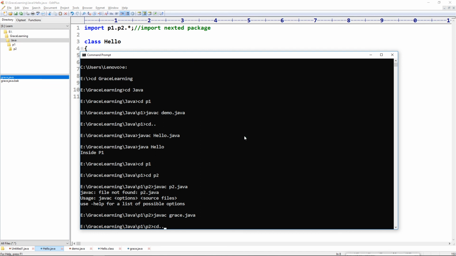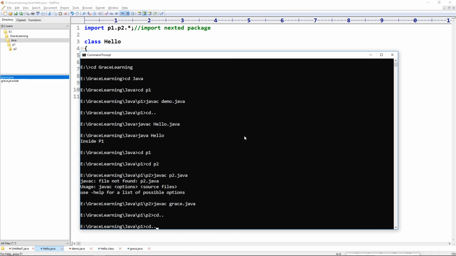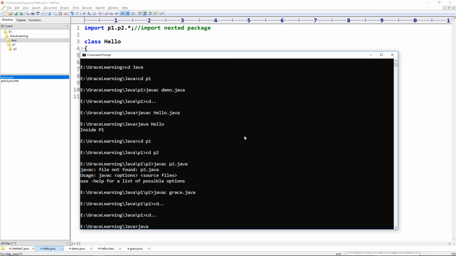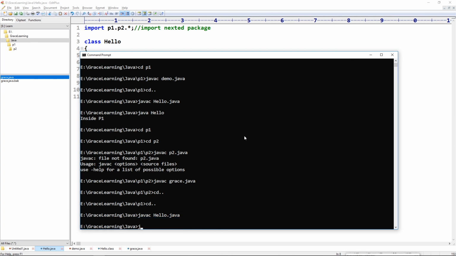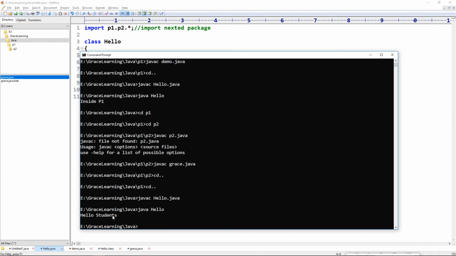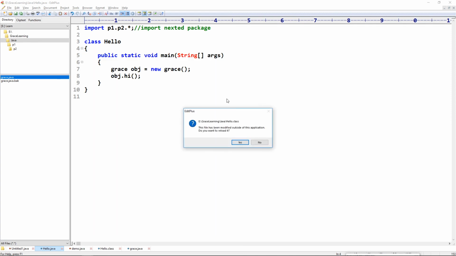Then we will come back to the Java folder, and here I will compile hello.java, and I will run this class, and here we are getting hello students. So we have successfully imported this nested package, and this is how we do nested packages and simple packages.